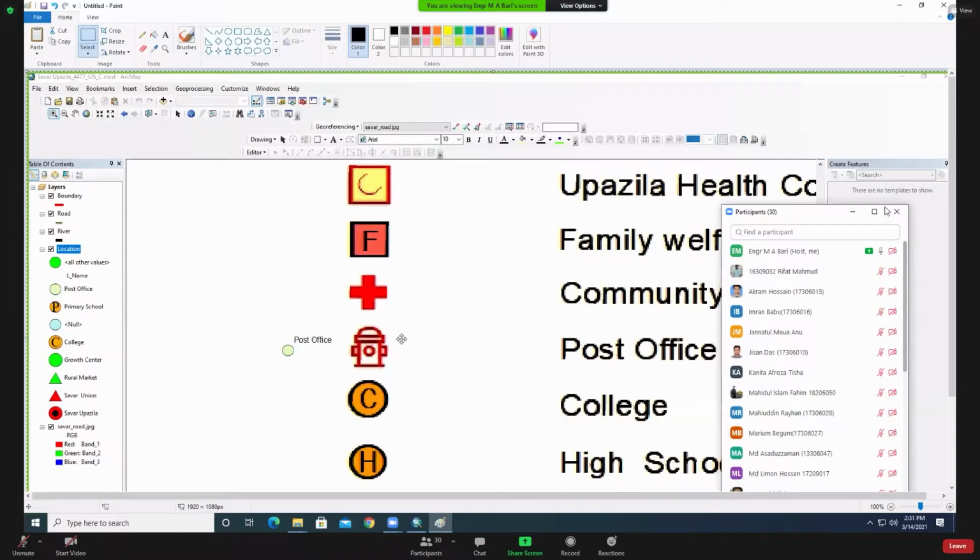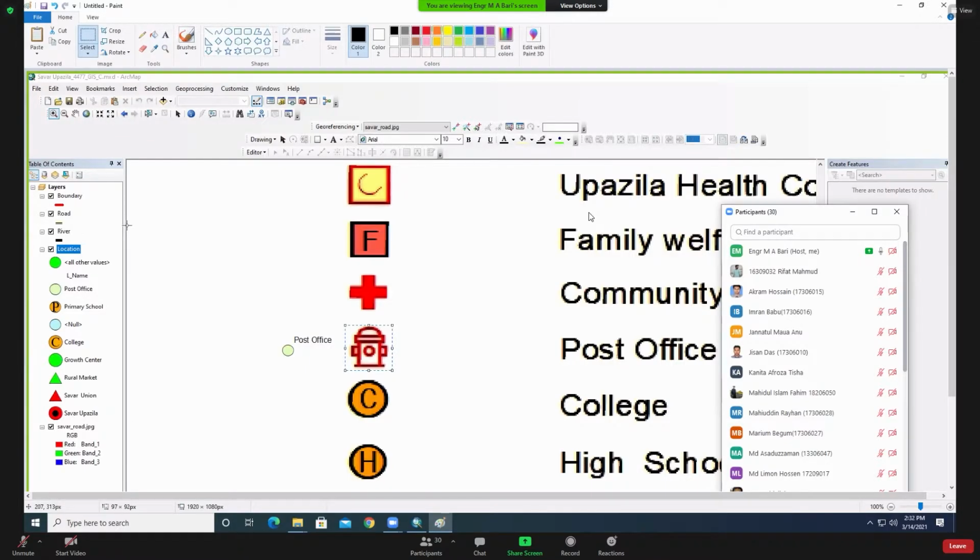Now I need to cut it. How to copy this symbol? Select option here, select it, and select this option. Then click this copy. Paste for the whole page.